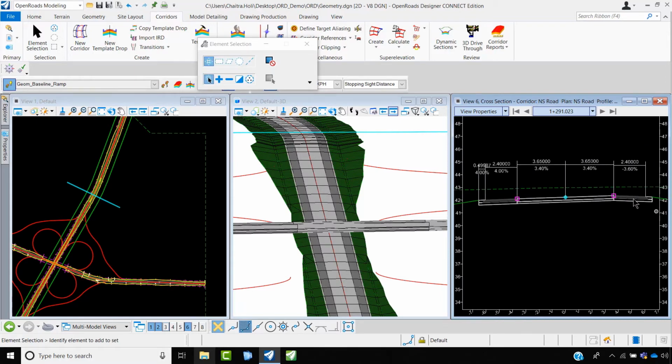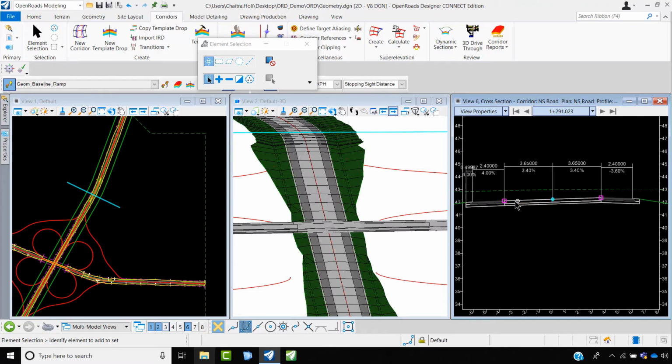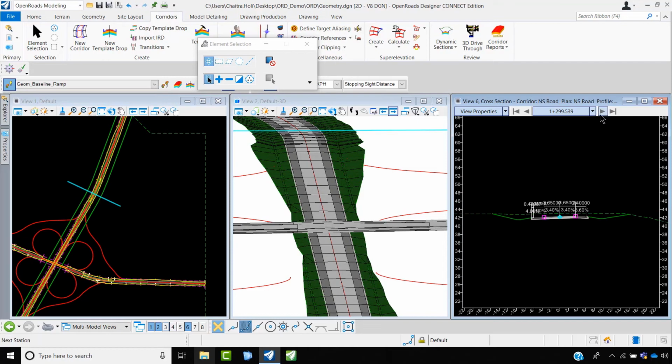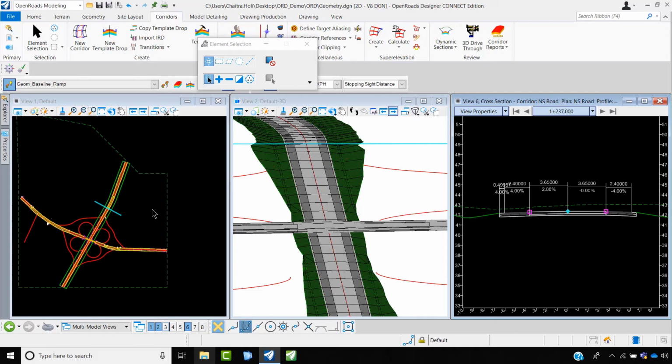So now you see a rollover value has been given to this point. Hence, when it is super elevated to your RHS, this goes down, whereas this is on the inner side of the curve, and this is moving with respect to that edge of the shoulder in the same line. As and when super elevation values change, you could see those values over here. So now that you were able to create this template, assign the typical cross sections to your alignment, and then also assign the super elevation sections, you are able to view your super elevation values over here. You could edit